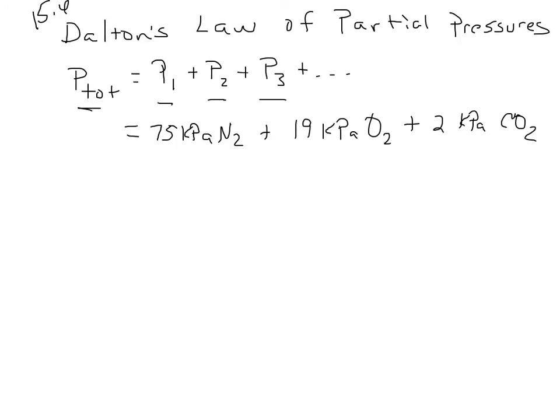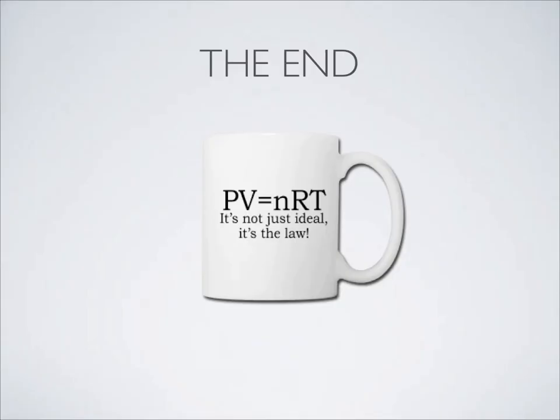And if we put all of those in one container, then we would simply add them all up. So 75 plus 19 plus 2. What would that be? 96 kilopascals total pressure. So whatever the different partial parts of each one of those are, total them up, and that's going to give you your total pressure. And that's all there is to it. So that's our next equation. There's one more we're going to do,